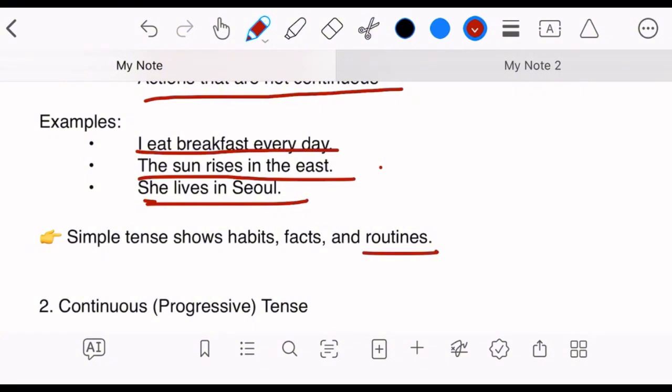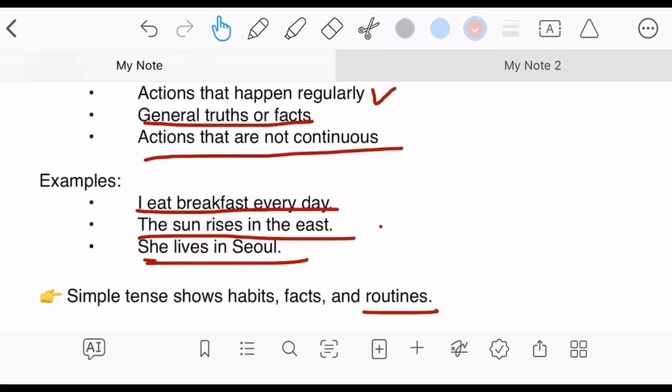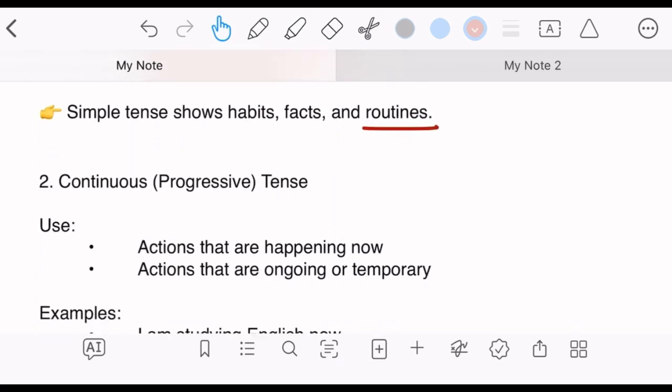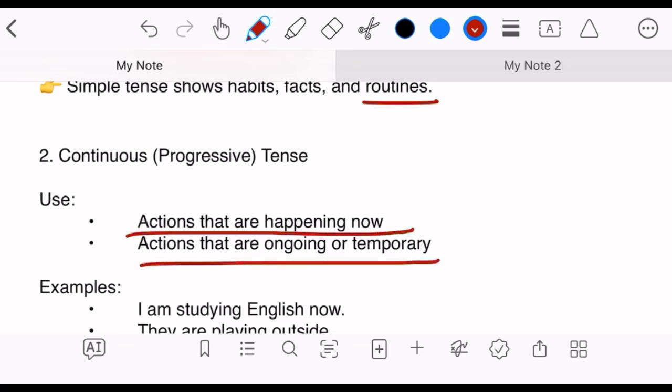All right, that's all for the simple tense. Next is continuous tense. Continuous tense is for actions that are happening now, actions that are ongoing or temporary. All right, for example,